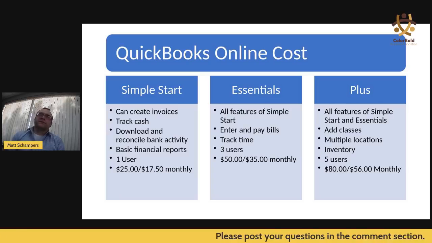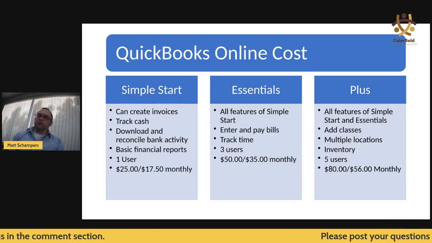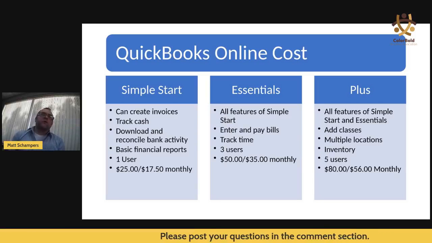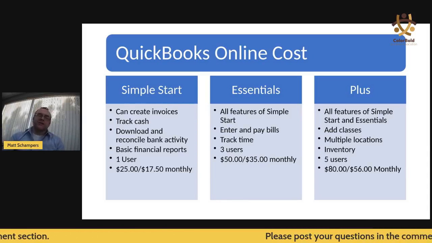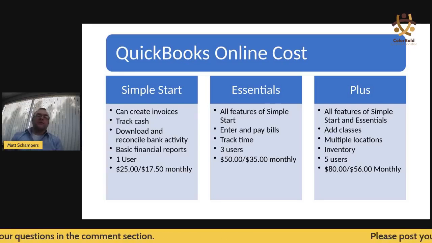And then the next one is Plus. All the features we've already talked about. It's adding 3 main things. It adds classes. What that does for you is if you want to track things separately, if you have a flower shop, but then you also have within the flower shop a yarn shop, and you want to know what your sales or expenses are for both, well, you can add flower shop and yarn shop as a class, and then each time you do an entry, you pick the class so that you have information to split it out amongst your activities. You can do multiple locations.